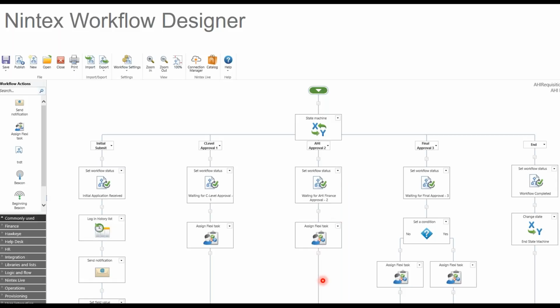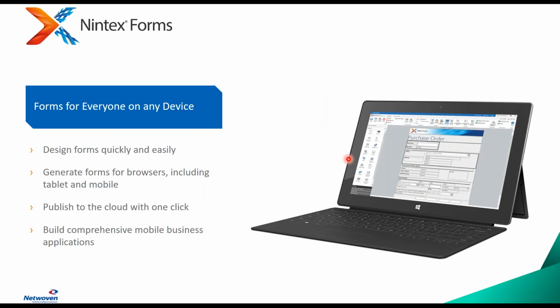We might have to generate documents, using document generation to, once we get an approval, create a document and then send that for signature via DocuSign. So these are all things that we can do using this thing called the state machine, which is really unique to this product. On the form side of it, when you're creating forms, again, we're going through the browser